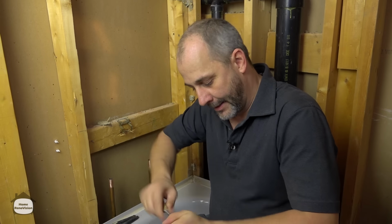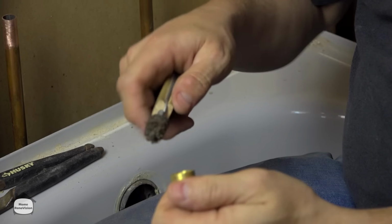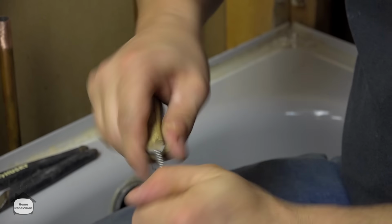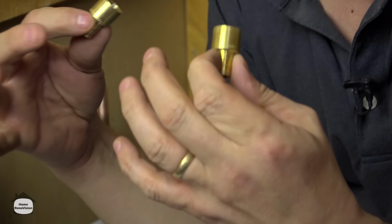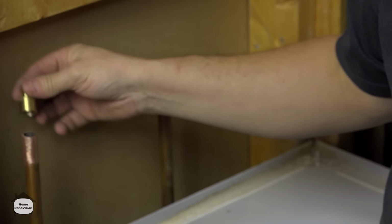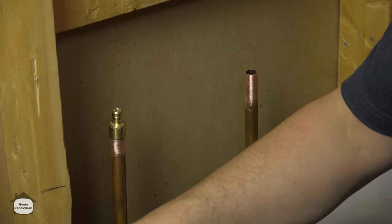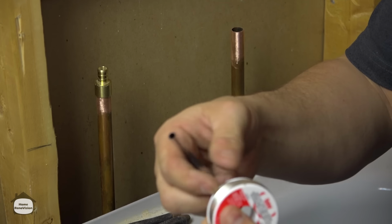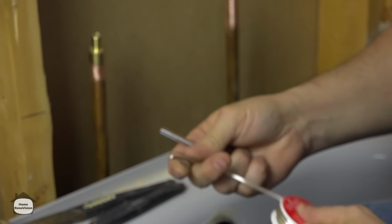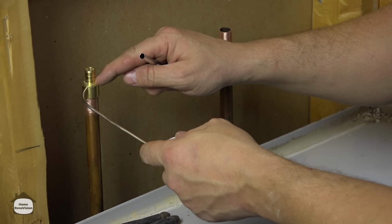Now, basically this comes already cleaned, comes from the factory, it's brass, it doesn't really tarnish, but what I like to do is scratch it up just a little bit so that I have somewhere for the solder to sit into, okay? So when I'm doing my torching, if you haven't done torching before, I'm going to use this solder. Here we go. You heat up the joint where you want the solder to go to, which is up here,